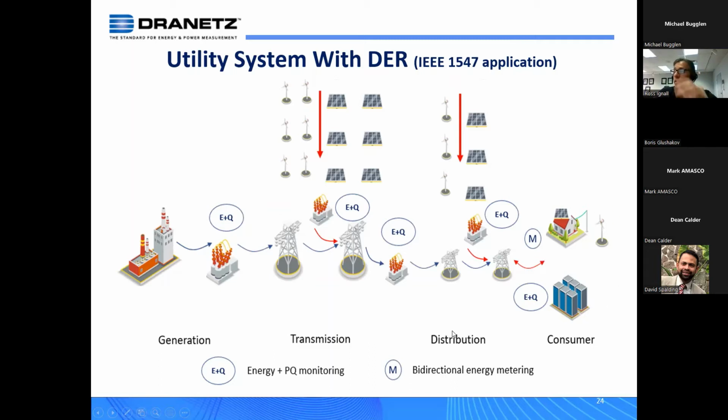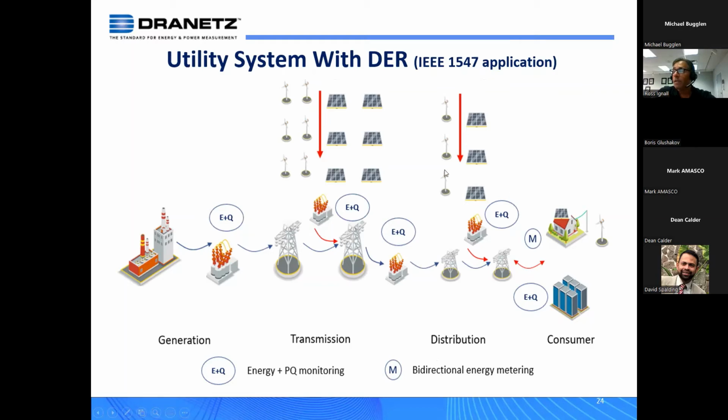So meters that used to just be unidirectional energy meters, which is just measuring the flow, now actually need to be bidirectional energy meters to not only determine how much is being introduced and consumed at different parts of the system, but also with quality of supply capabilities to them, meaning that